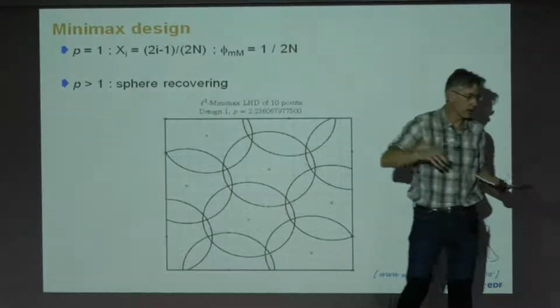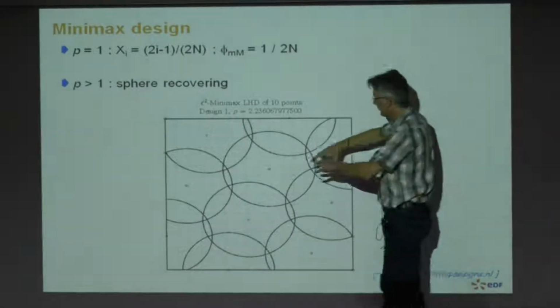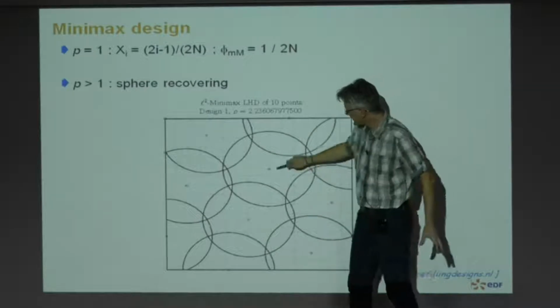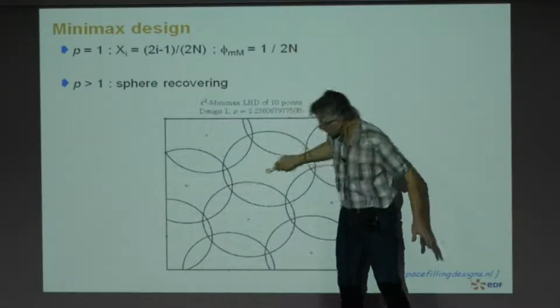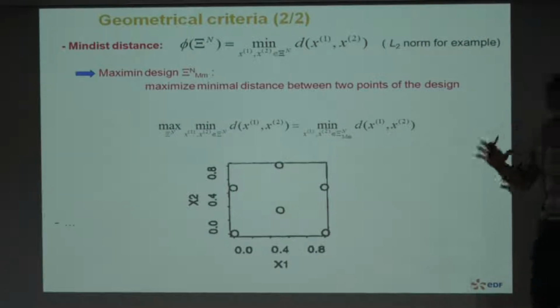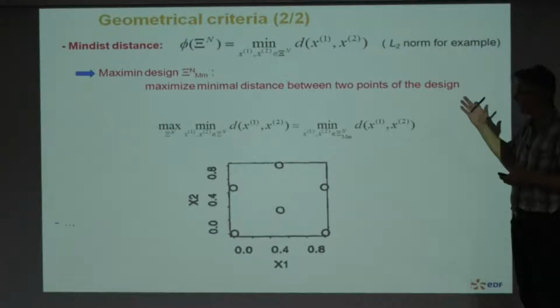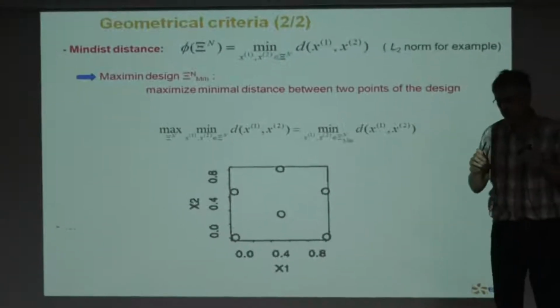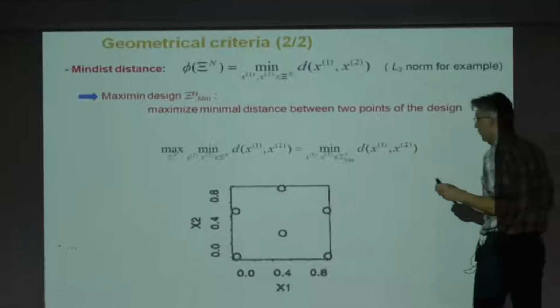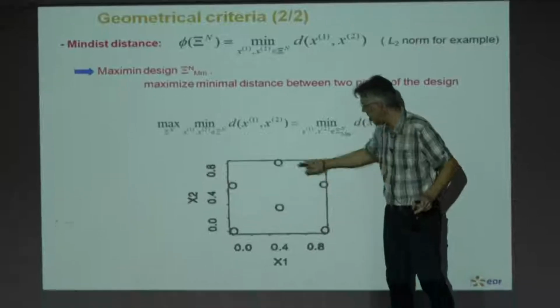So this is a kind of geometrical problem of putting some spheres inside this domain, and you have this minimax distance, which is here. It's rather difficult to see this kind of thing. To simplify the problem, I said that the minimax criterion is impossible to compute. So some people have proposed to just look at the distance between the points of the design. So we do not consider the points of the domain, we just consider the points of the design.